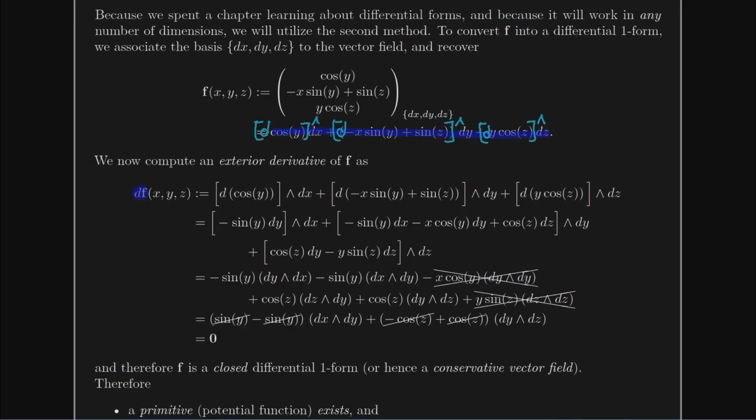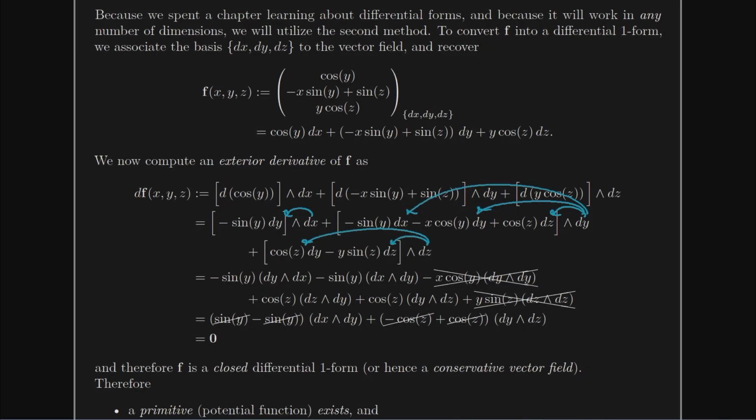When I compute each of those exterior derivatives on the inside of the scalars, I'll end up with a sine y dy. I'll end up with sine y dx minus x cosine y dy. That's the product rule in that term. And I'll have a cosine z dz. And I'll also have a cosine z dy and a y sine z dz, which is the product rule on that term. Then applying dx over, applying dy over, and applying dz over,